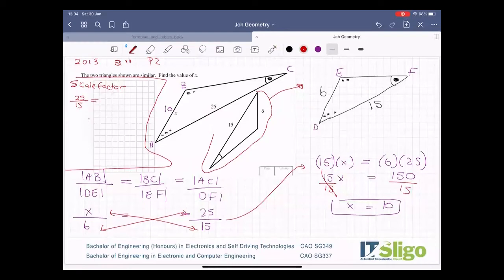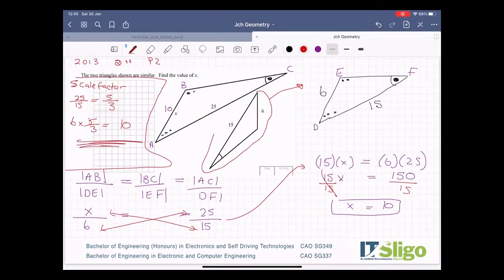This is what you call your scale factor. In other words, how much bigger are you going to draw this triangle than this one? You're going to draw this one a factor of 5 over 3 bigger. So you need to take that side 6 and multiply it by the scale factor,